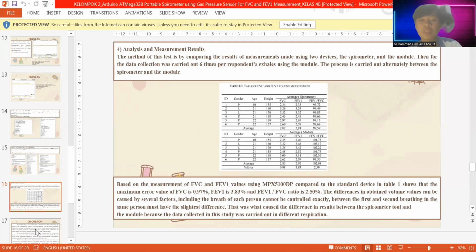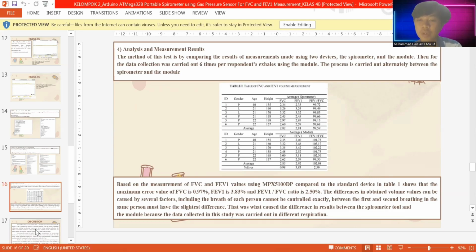Based on the measurement of FVC and FEV1 values using MPX5100DP compared to the standard, Table 1 shows that the maximum error values are 0.97%, 3.83%,